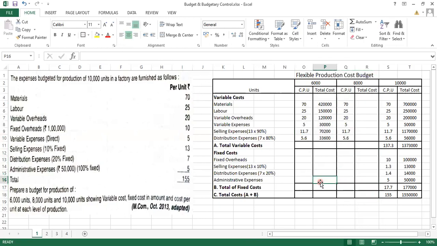Now we know that fixed cost remains the same. हमें ये पता है कि fixed cost जो भी होगा that will remain the same. So यही हमारा fixed cost होगा. Per unit will get changed. अब देखो, now उल्टा process हाँ. 1 lakh divided by 6,000 will give you the per unit. आपको per unit चाहिए ना, आपके पास अभी amount है तो divide करो. So you will be getting 16.66667. Just round it off.